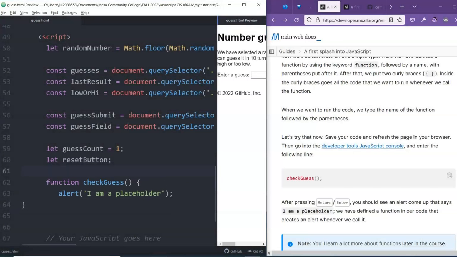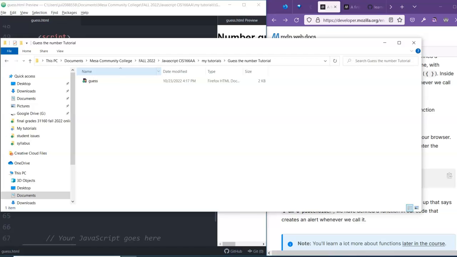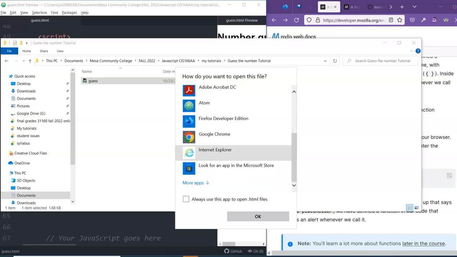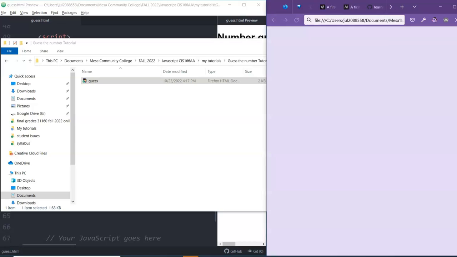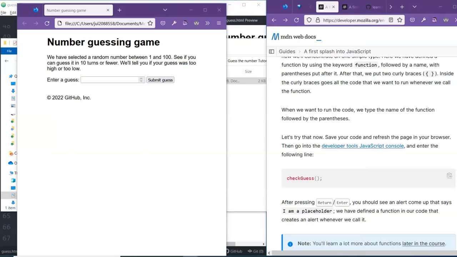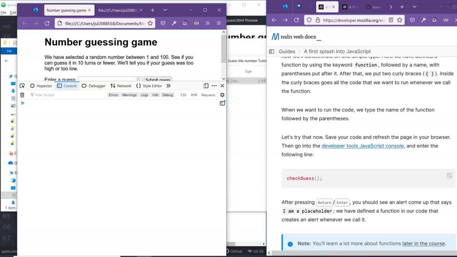So we are going to jump into our console so that we can actually run this function. Now I'm going to open up our guess, the HTML document that does contain the code that we've put in there. I'm going to use my Firefox Developer Edition. You can do this on any browser. They do have the console, so the Web Developer Tools console. I'm going to right click and find Inspect. And there we go. So I'm going to click on console and I'm just going to type in the function